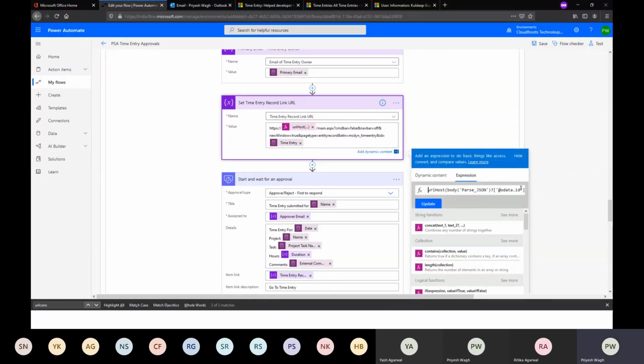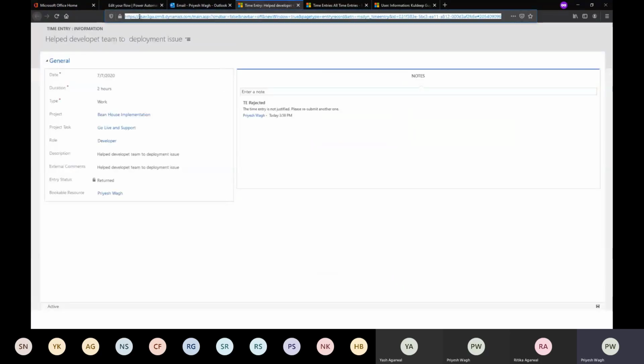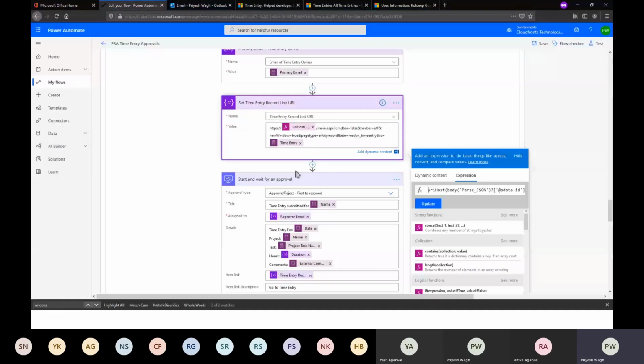This OData ID field actually holds the name of the environment. So I pass it, and URI host will give me this part, leaving HTTPS out. Then I add my own HTTPS slash, then the environment name.